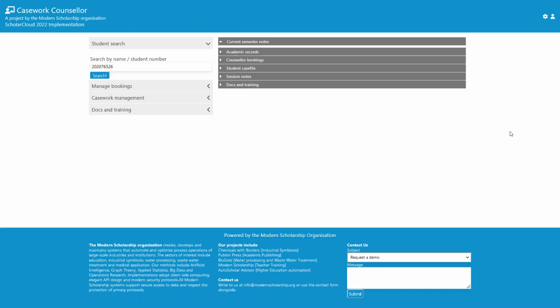Hello and welcome to the session where we'll be looking at the booking system. This is a microservice which serves into most of the AutoScholar components. You'll see the booking service used in the Casework Counselor, which is where we'll just illustrate it, but it has